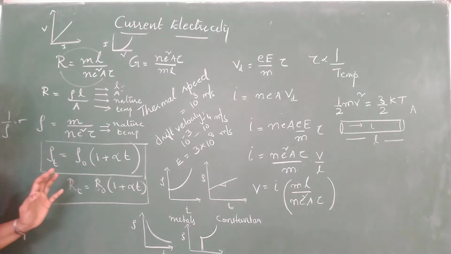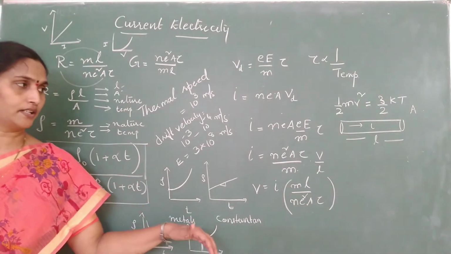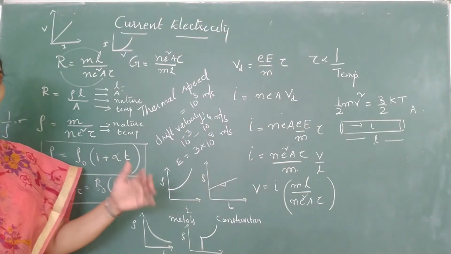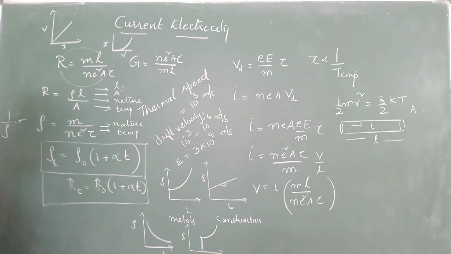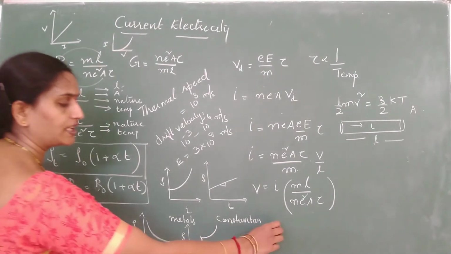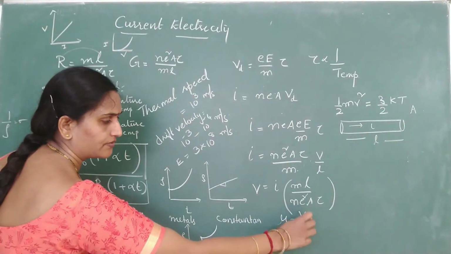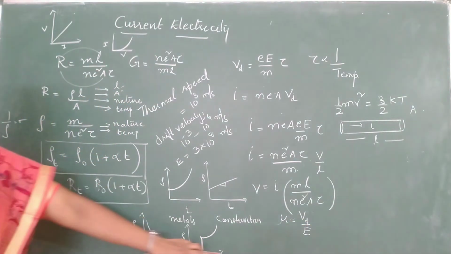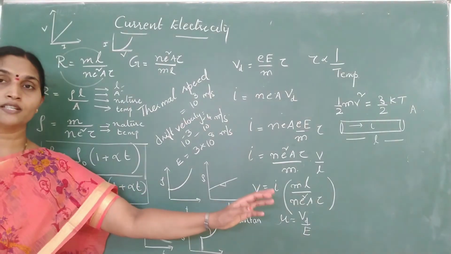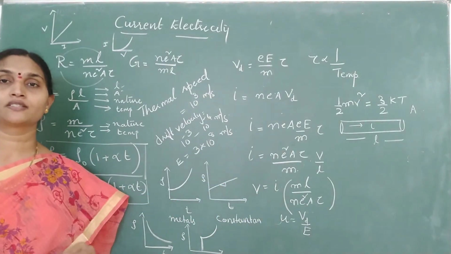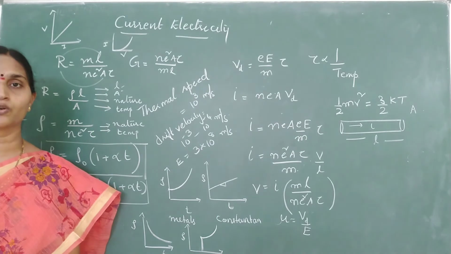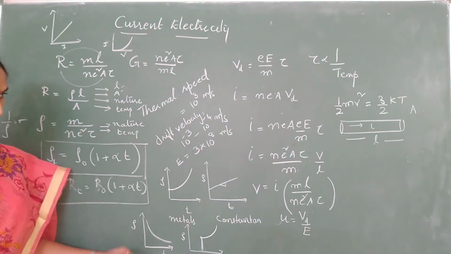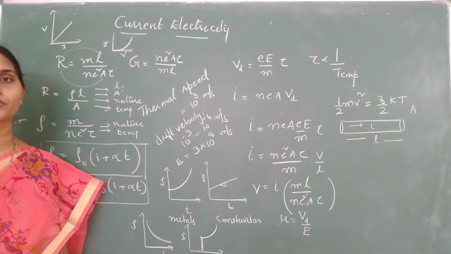So these are all some basic definitions. Related to these definitions, they may ask you the dimensional formula of current or drift velocity. Then what is mobility? We know mobility is defined as the drift velocity acquired per unit electric field. This ratio we call mobility. And we have seen in semiconductors, mobility of electrons is more when compared with mobility of holes. So these are some of the basic terms which you have to know. Now let us look into some numericals related to these concepts.